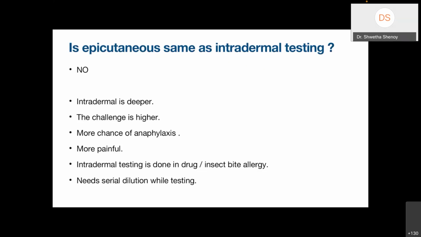But intradermal testing is necessary, and that is important when we have to rule out insect bite allergies and drug allergies. Here, a full strength drug is given fairly far down in the series. We do not give a full strength drug right at the beginning if you want to rule out drug allergy. So a serial dilution, where you reduce the diluent and increase the drug, is done for intradermal testing.